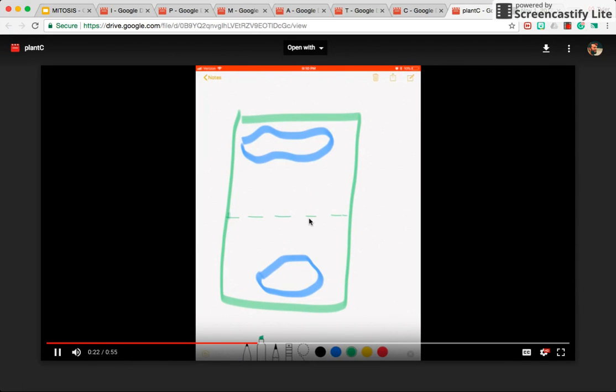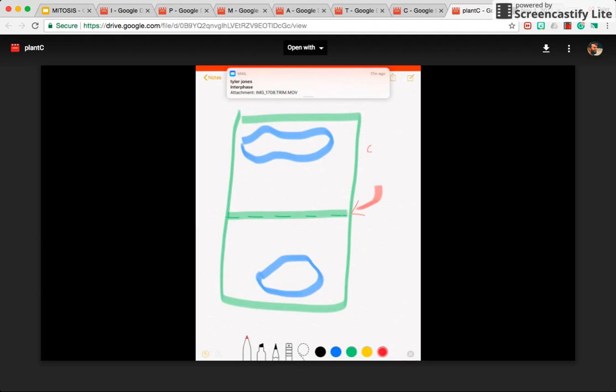So I have my cell plate that forms across here. Then the cell plate then forms a cell wall. So then I'll draw something that says that this is a cell wall. A cell plate. And then that cell plate will then turn into the cell wall. It'll be a new cell wall. And I'm only telling you that because it's kind of hard to